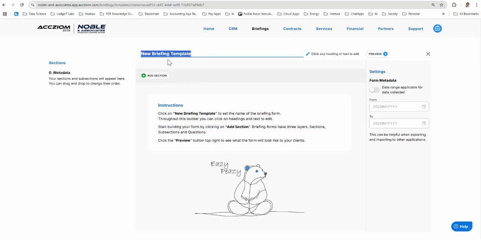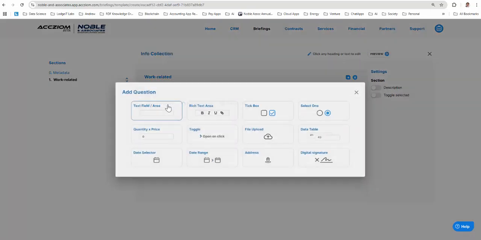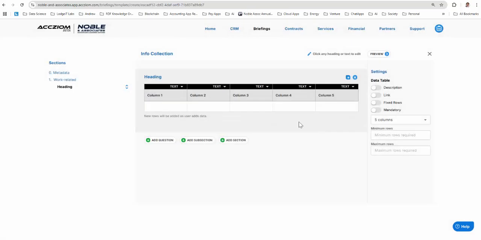So info collection, and we'll add in a section. Let's call this motor vehicle work related. Now, of course, you can put in descriptions and all the rest. I'm just quickly doing this to give you a sense of how it works. We need a question, so we'll drop in a table, and we've got our description and an amount, and we only need 2 columns, and we need a heading,